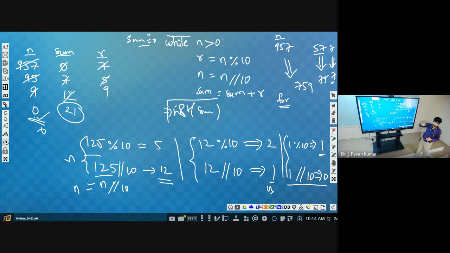Now you consider 2 digits. 57. What will we do? First we will take 7. When we consider only a single digit, that will be the reverse.